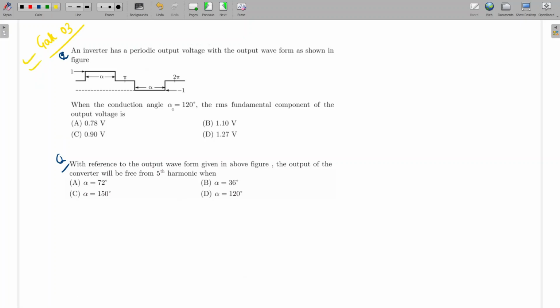Okay. So alpha is 120 degrees. It means the same waveform. 2D is how much? 120. What will the D value be? D is 60 degrees. Okay. So the RMS fundamental component of the output voltage, how much will this value be? So we'll write 2 into root 2 Vs by pi into